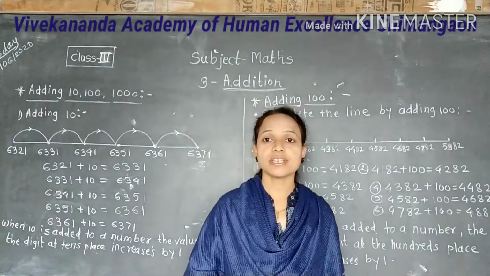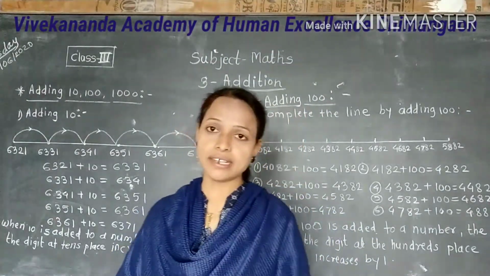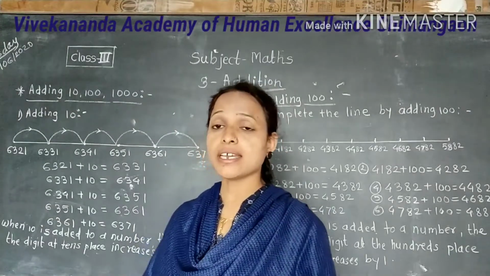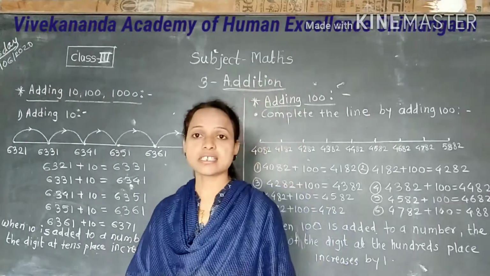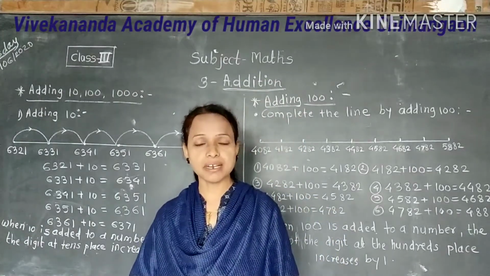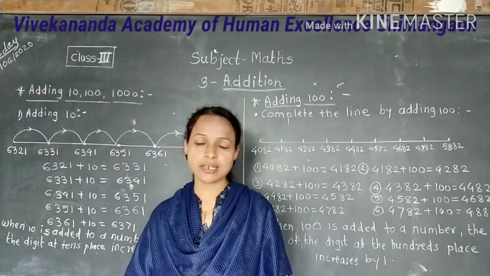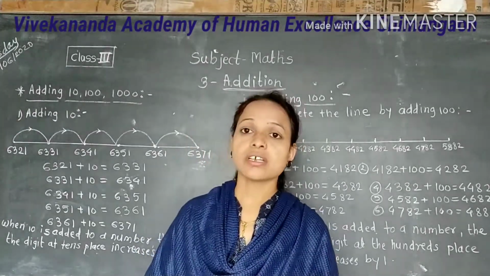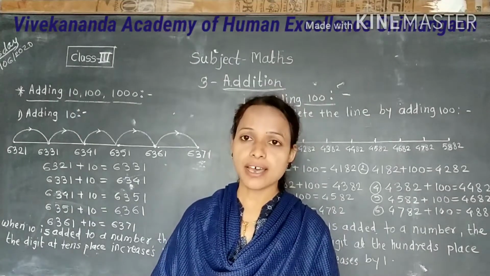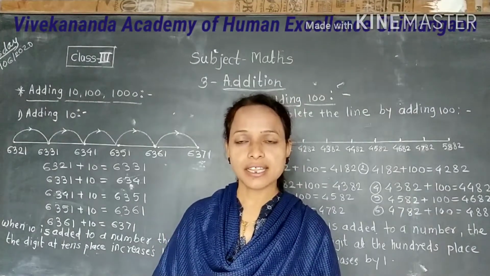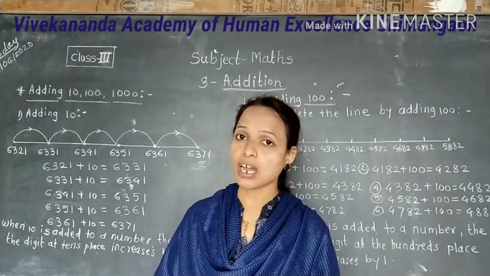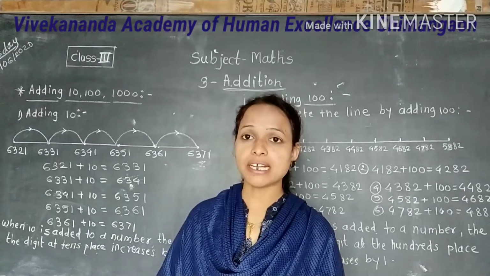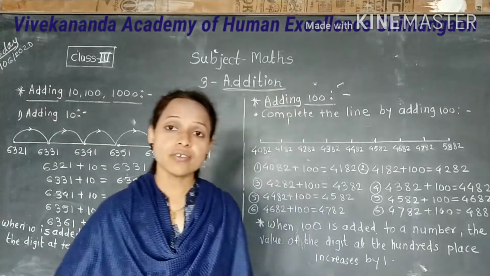Next point is adding 10, 100 and 1000 in number line. In exercise 3, the question asks to complete the number line by adding 10, by adding 100 and by adding 1000. Here I will show you how to add 10, 100 and 1000 in number line and how to complete the number line by adding 10, by adding 100 and by adding 1000. From that, first we will learn